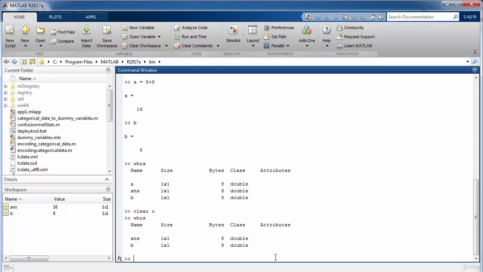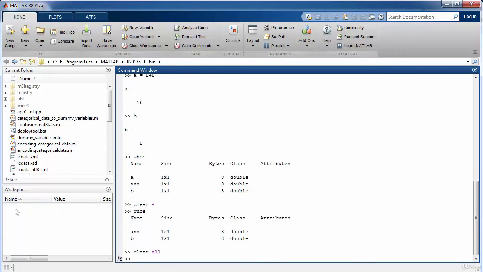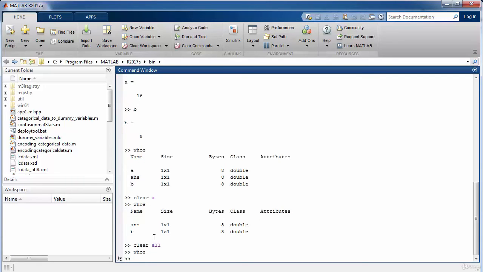Similarly, if we want to delete all the variables in our workspace, we can say clear all, and it will clear the whole workspace. Now if we write whos, it is not going to display anything because there is no variable currently being manipulated by MATLAB.